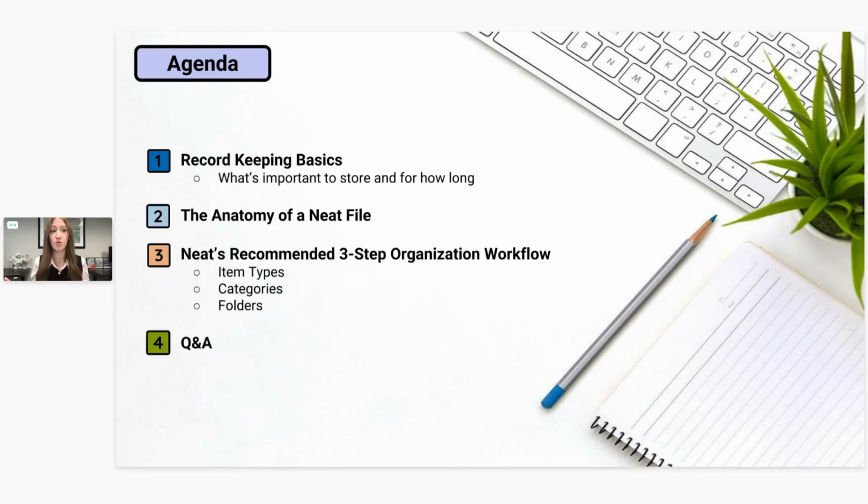Today's webinar focuses on beginner topics in Neat, such as what data is important for record keeping and how to organize your files once they're in Neat. We're also going to go over Neat item types and how they differ, Neat file categories and how you can use those categories to learn valuable insights about your files. And lastly, we're going to go over some recommendations we have for how to set up a folder structure that is easy to manage. These topics are all tied together through our three-step workflow for organizing your files and building